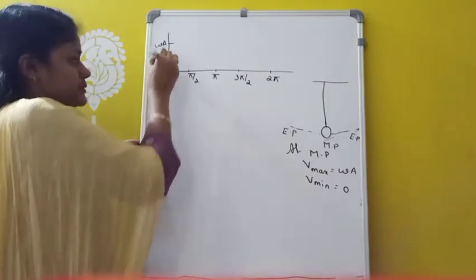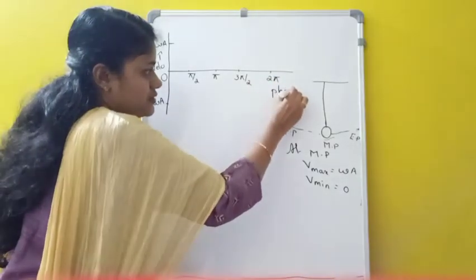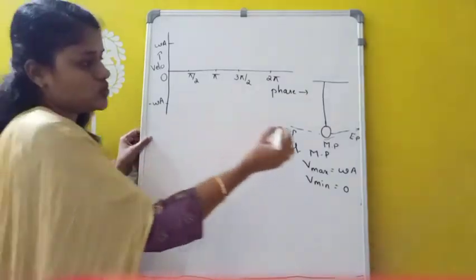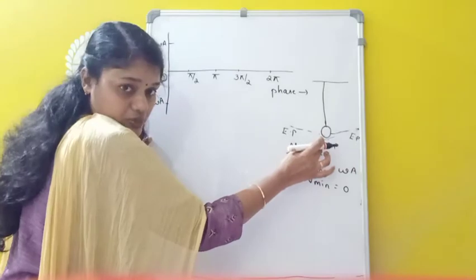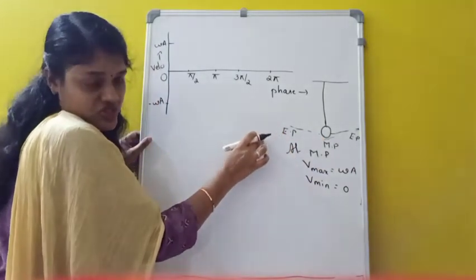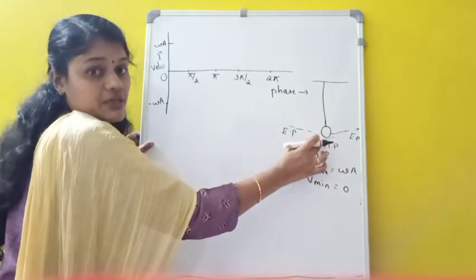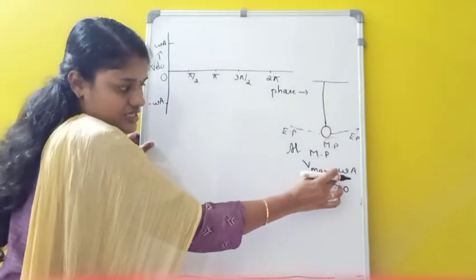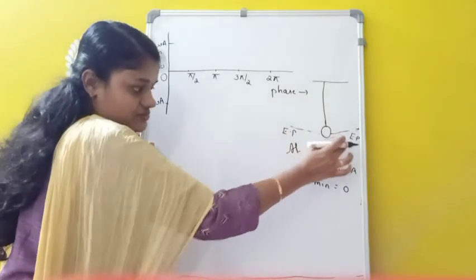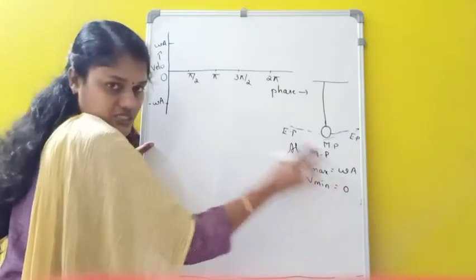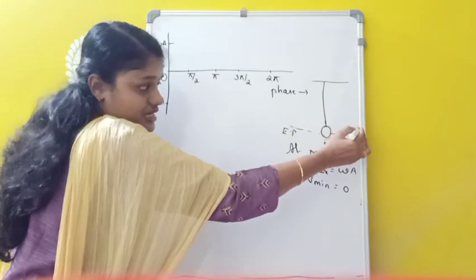So this is velocity, and here I am taking phase angle. Suppose this simple harmonic motion starts from one extreme position, and this is the mean position, and this one is another extreme position. We know that the velocity is maximum at which point? At the mean position. That means the maximum velocity is omega into A, at the mean position, and at the two extreme positions this velocity is minimum, and it is given as how much? 0.